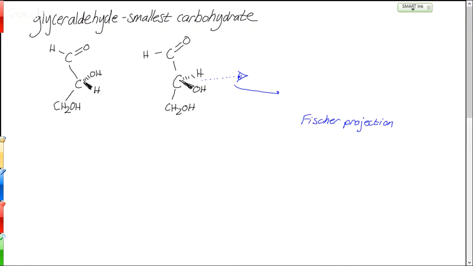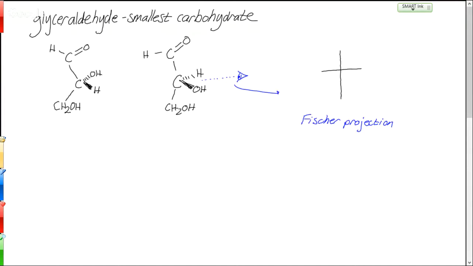So that makes it much more obvious, the difference between these, than looking at it on the side and saying, okay, one of them's kind of going back and one of them's kind of going front. This way we can say, okay, one's definitely left, one's definitely right. So that's what a Fischer projection does, it allows you to draw it in 2 dimensions that shows you the left versus right thing, the stereochemistry being really clear. So in a Fischer projection,